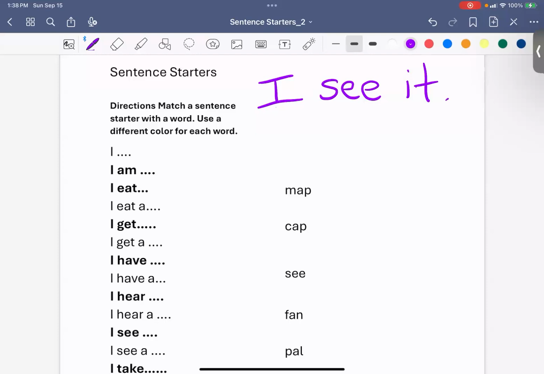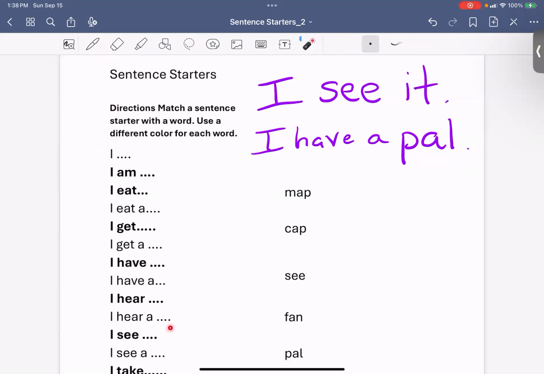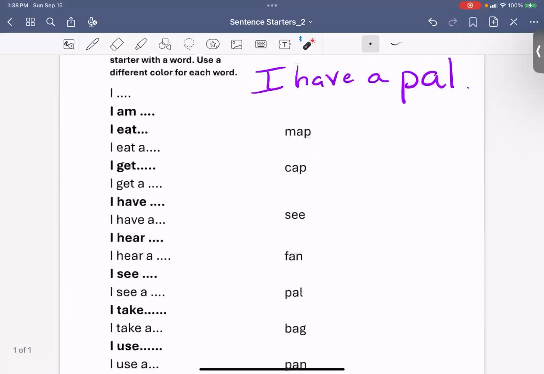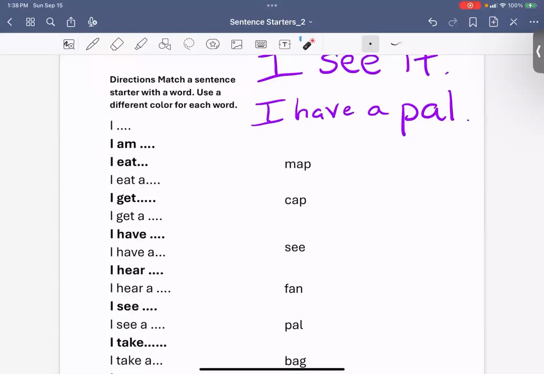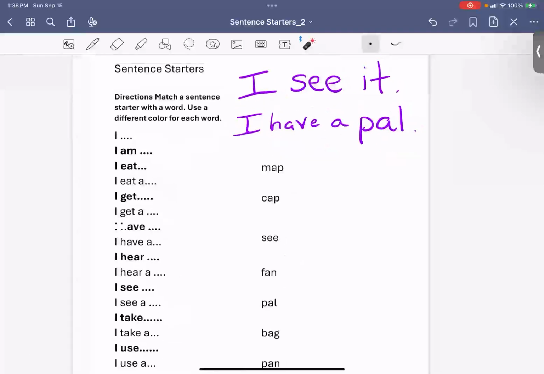If I just write "pal," that's not a sentence. If I say "I have a pal," now I have a complete sentence. We're going to use sentence starters to help us write sentences. A starter is a group of words or a single word like "I" that we can use to help us